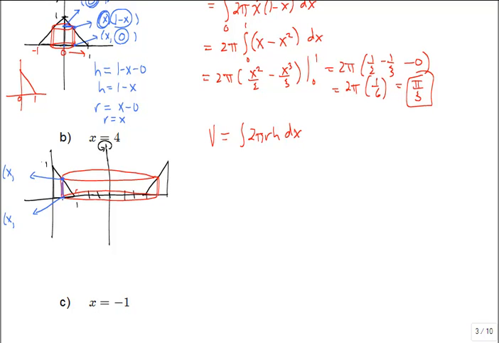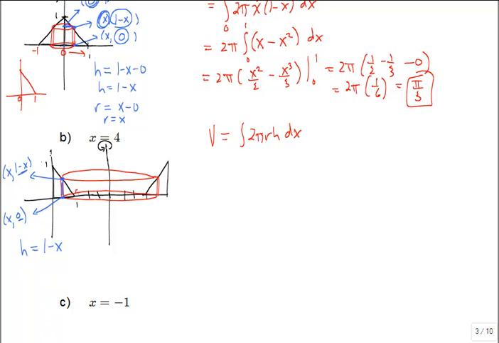The bottom point is on the x-axis, so its height is 0. The top point is on the line, and the equation of the line was 1 minus x. So the height is this top point minus this bottom point. So it's the same height that we got before. Okay? The radius is what's going to be different because our